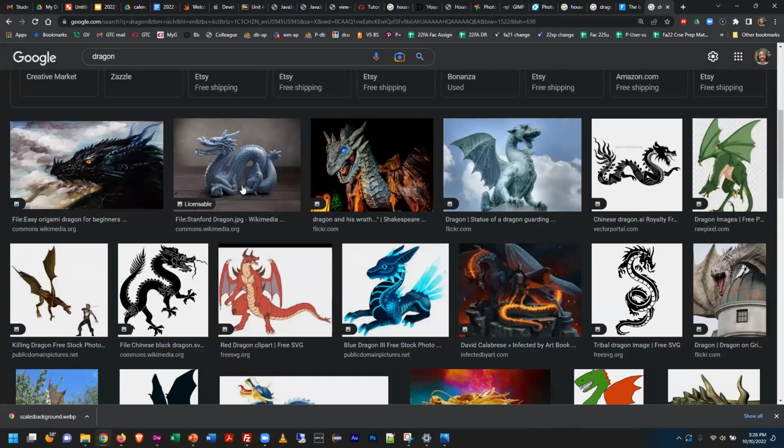But then you want to hover over these, and you notice what Google does now is any of these here, it says licensable, meaning that you can license this and use it and make it legal. That doesn't mean you can just grab it and put it on your web page. So this is really important if you are doing professional work. Just to give you an example, let's say you're doing a website that's a fan of a certain computer game, right? If you're just doing it for fans, most of the time it doesn't really matter. But if you start selling stuff on that website, like your own version of one of their things, you really should talk to wherever you got that image from,